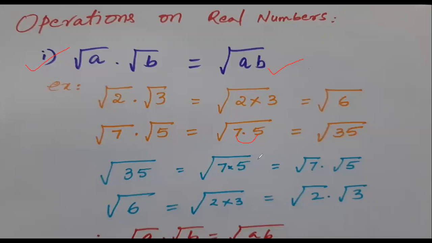Now come back here, same example I am taking, but inverse, vice versa. So root 35 is there. Root 35 we can divide into square root of 7 into 5. 7 into 5 is 35, or not? So you can write them separately. Same step, I wrote in reverse. Take the same step here, root 6 is there. Root 6 you can also express as square root of 2 into 3, so root 2 into root 3. You can write separately. Therefore, a formula or identity is always either LHS to RHS or RHS to LHS, both are equal. That is the meaning.